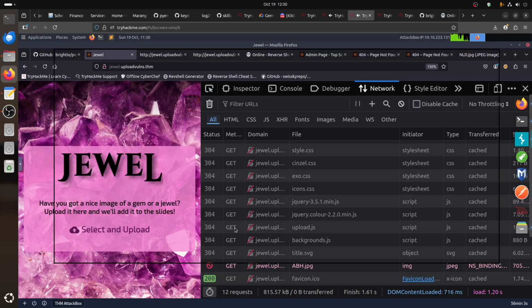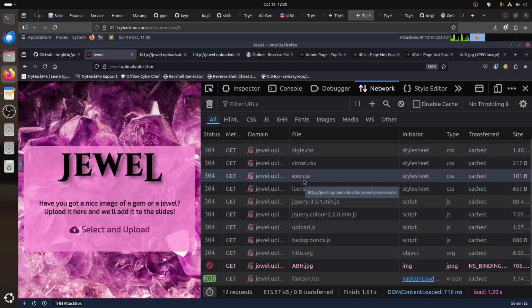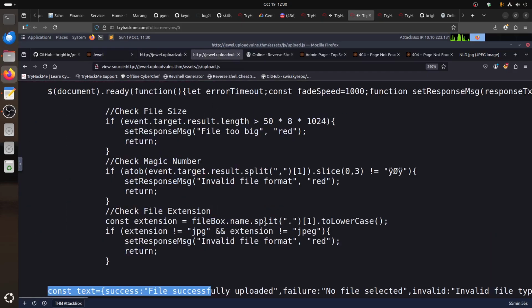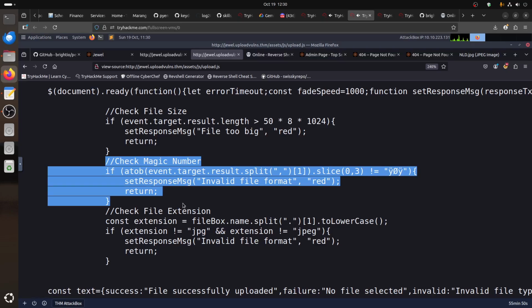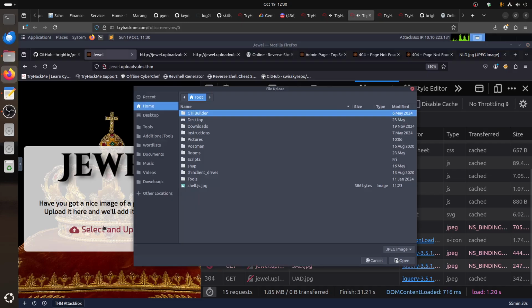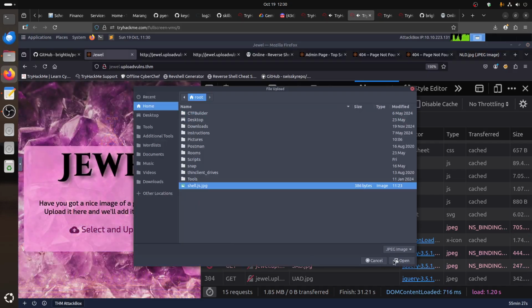Let's do Firefox now. Let's go back to read that file. Where is that file? Remember, his problem is checking these magic numbers. Remember, to bypass this, we ended up deleting the whole thing. We can do that without using Burp. Now how to do that? If I go here, because I'm not using Burp, if I select for example the one that we did, shell.js.jpg,